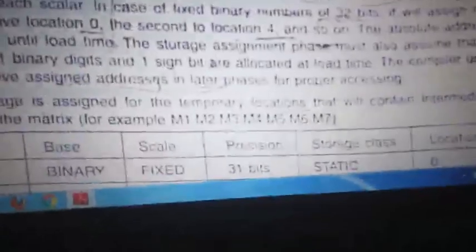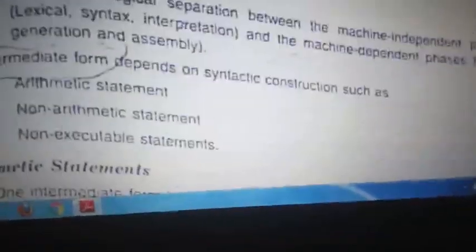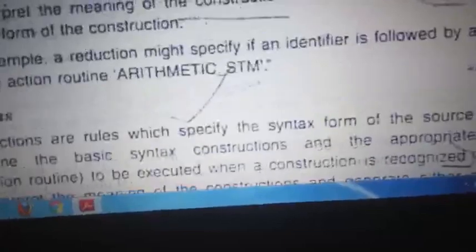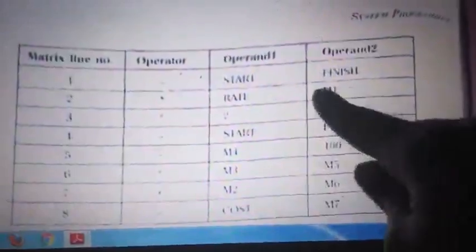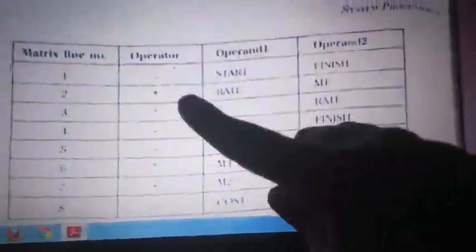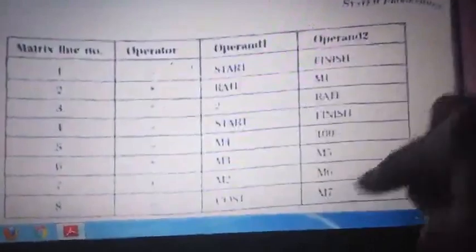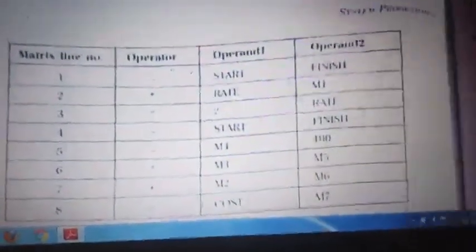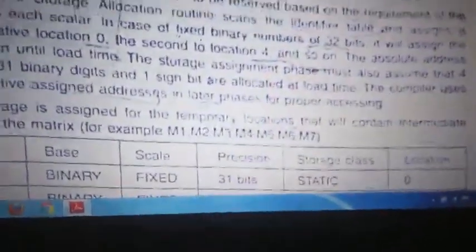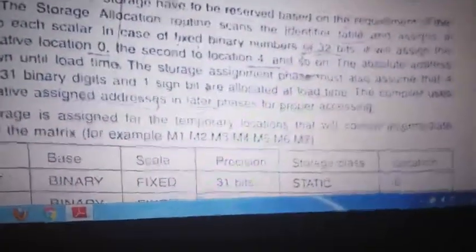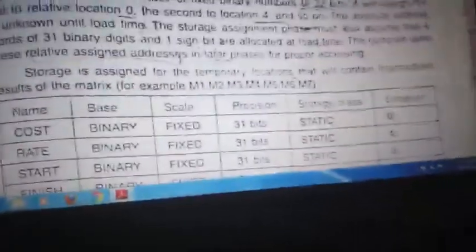Clear? So temporaries, whatever you have created in the linear form, you remember the linear. So this was the linear we had. In this, these are the temporaries, where the storage of start minus finish value is stored in line number M1. Rate into M1, whatever data you get, is stored in M2. These storages are not assigned, but they are temporarily assigned for the purpose of calculation. So these are temporary storage. M1, M2, M3, M4 are the matrix line numbers which are used to store the temporary results, so that we get the final result. So this is how the storage will be.